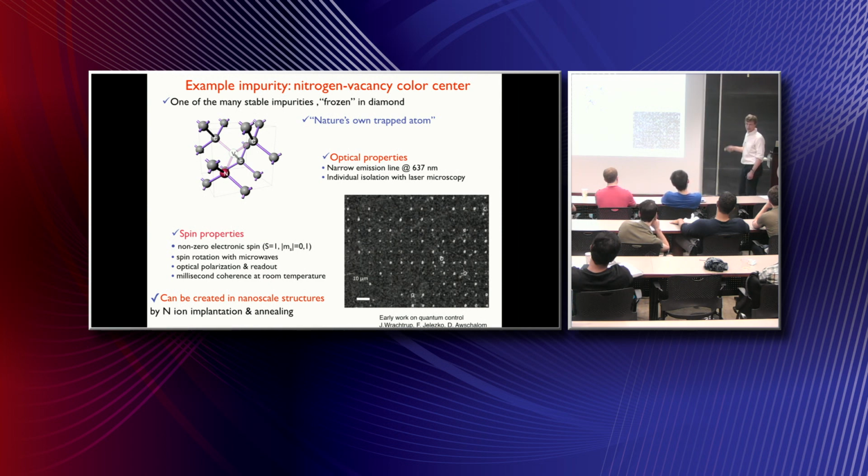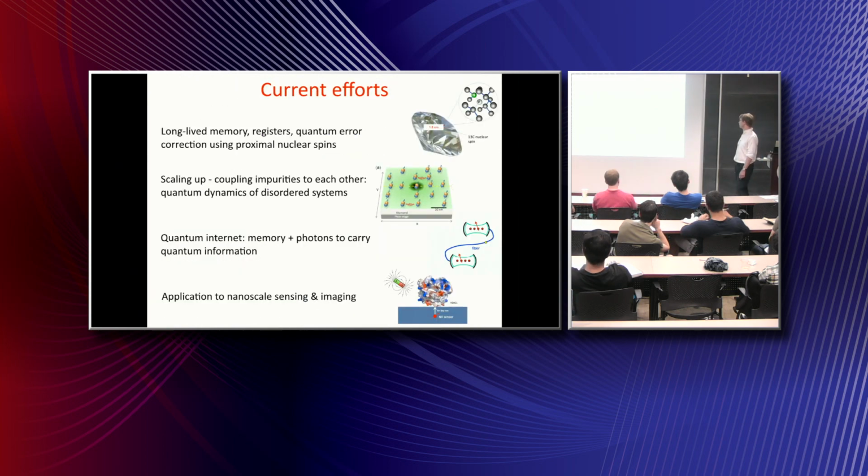But even then, what you see is that this attempt to create this array was not very successful. There are few that are, and there is a lot of work now to improve this situation, basically to reduce disorder. But we'll also tell you about how maybe we can make use of this disorder, right? How we can turn things around. So these are current efforts that this community is broadly exploring.